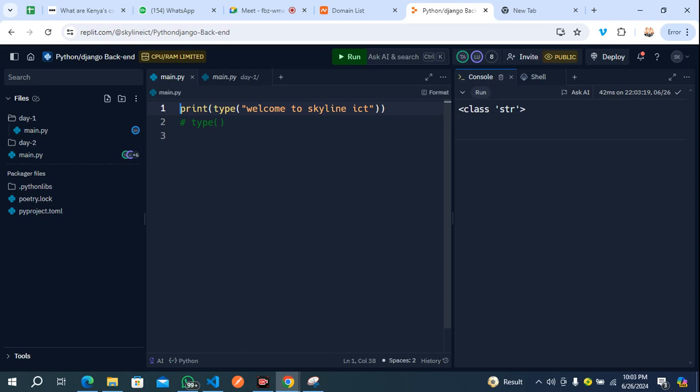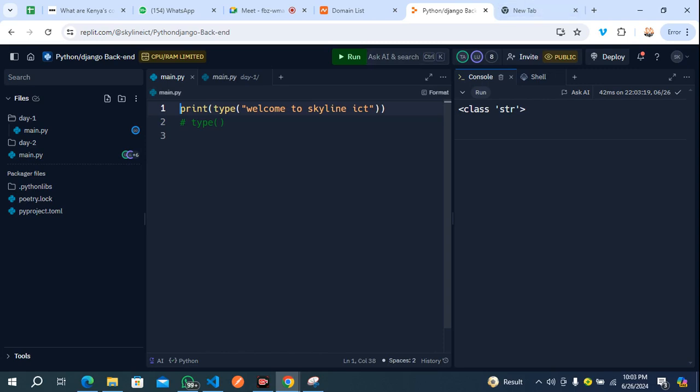So remember in the last class we mentioned strings, which I said are a sequence of what? Of characters. So they are a sequence of characters. Now there are different ways of writing a string and different ways of printing out a string. Now we've been able to know the type of a string. So a string is a sequence of characters that are wrapped in quotation marks. So you have the opening and closing quotation marks. Those are strings.